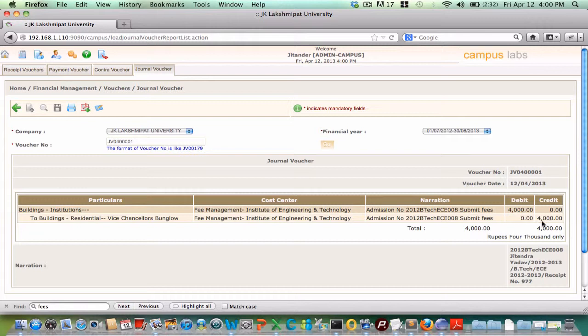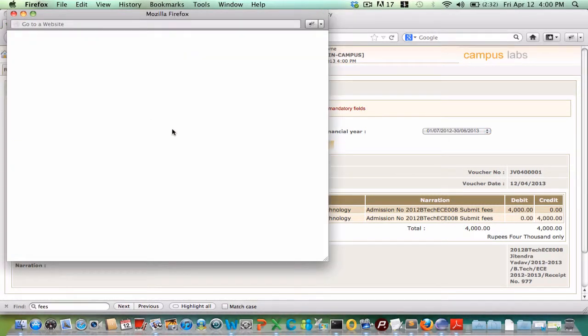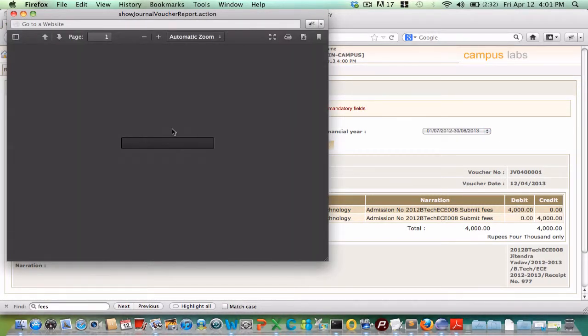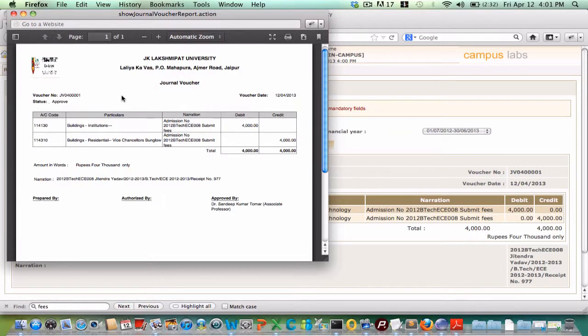You can see a general voucher created for this particular entry. A PDF can also be generated.